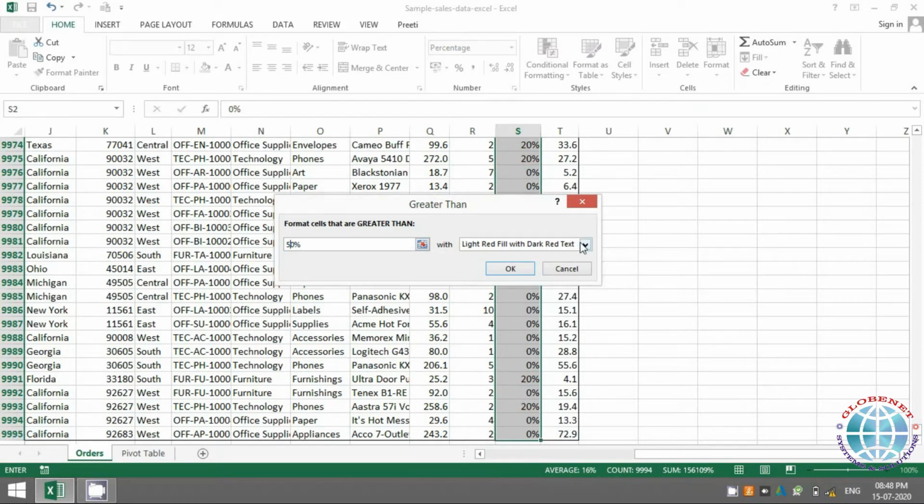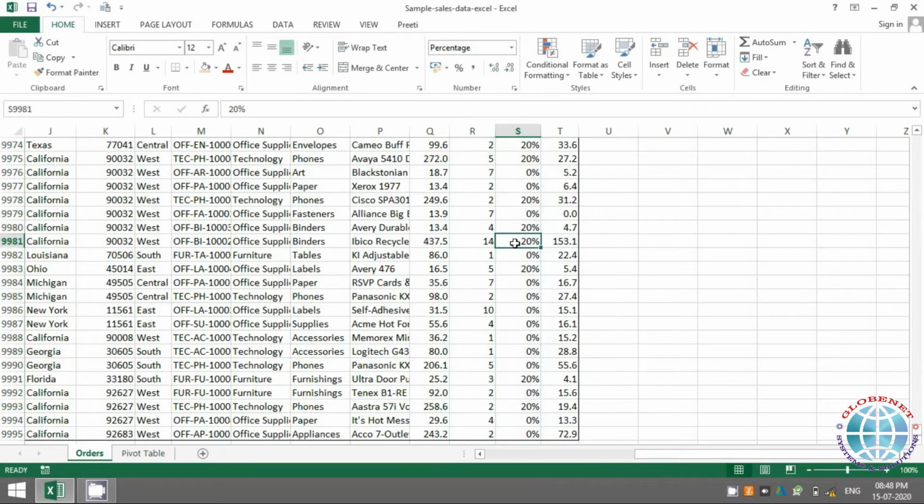I'll just select some color. As I mentioned earlier, the RAG status, and also if you see, these are the default colors you'll get, red or yellow, green. You can anytime customize it, but this is something which is very frequently used, hence you get it. At the moment, let me just select green fill.